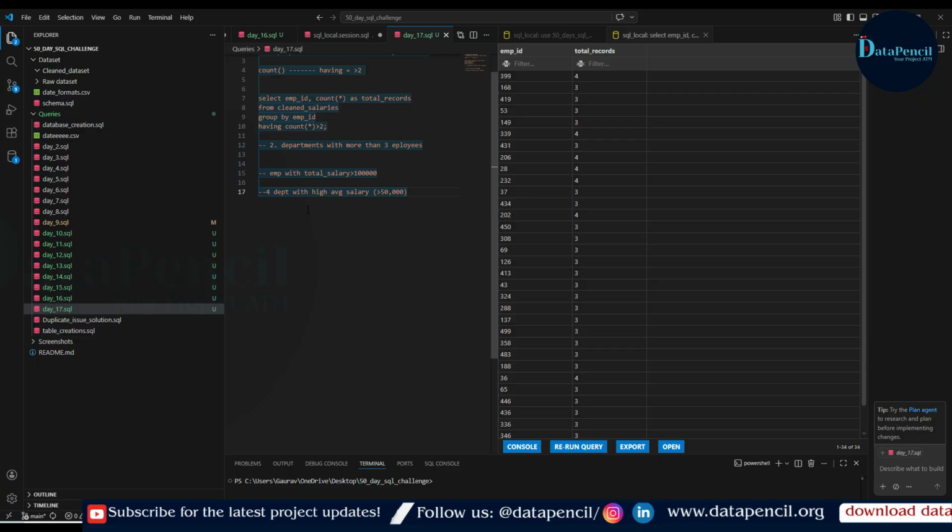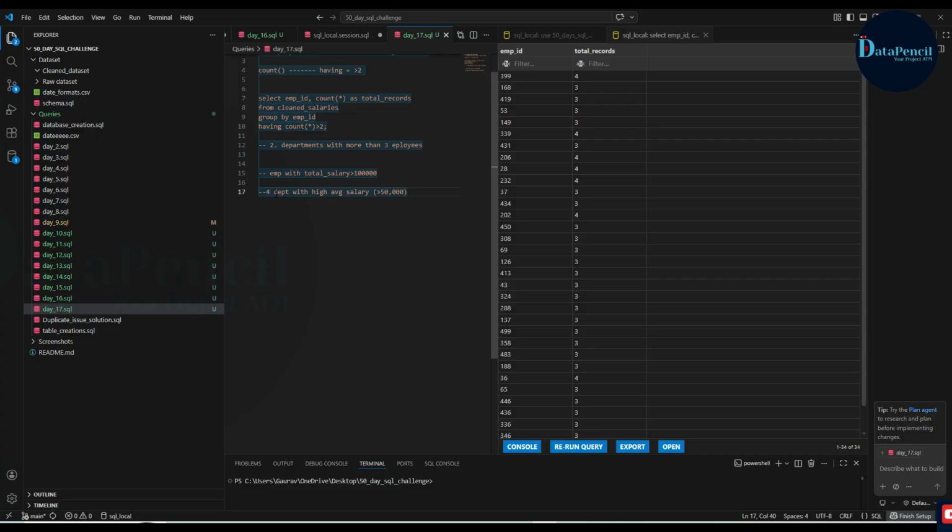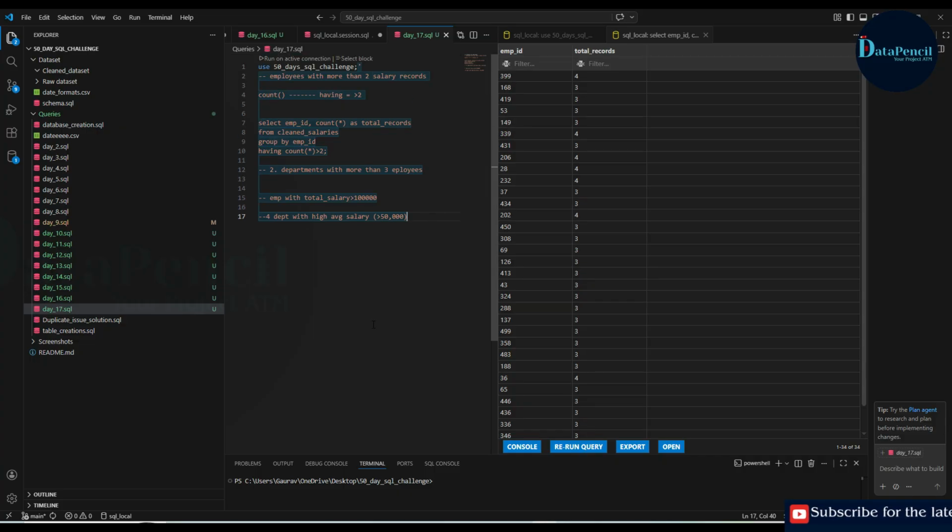Then we need two tables here. First one is the employees table and then the salaries table. Why the employees table? Because from the employees table we will get the department ID for the corresponding employee, and in the salaries table we will get the salary value, so that we can apply the average function on the salary. And at last, after doing the group by department ID, we will simply apply the filter using the having: having average salary is greater than 50,000. I hope you guys will be able to do it.